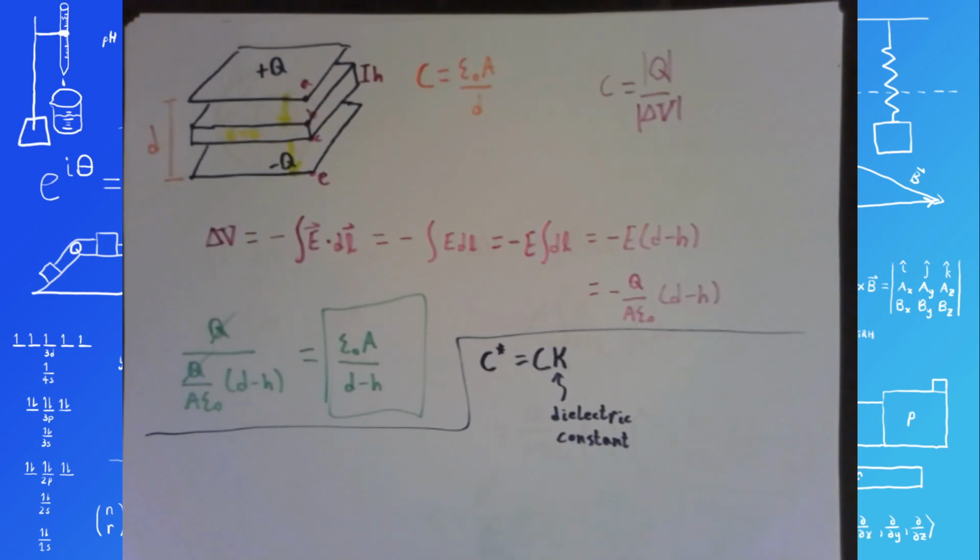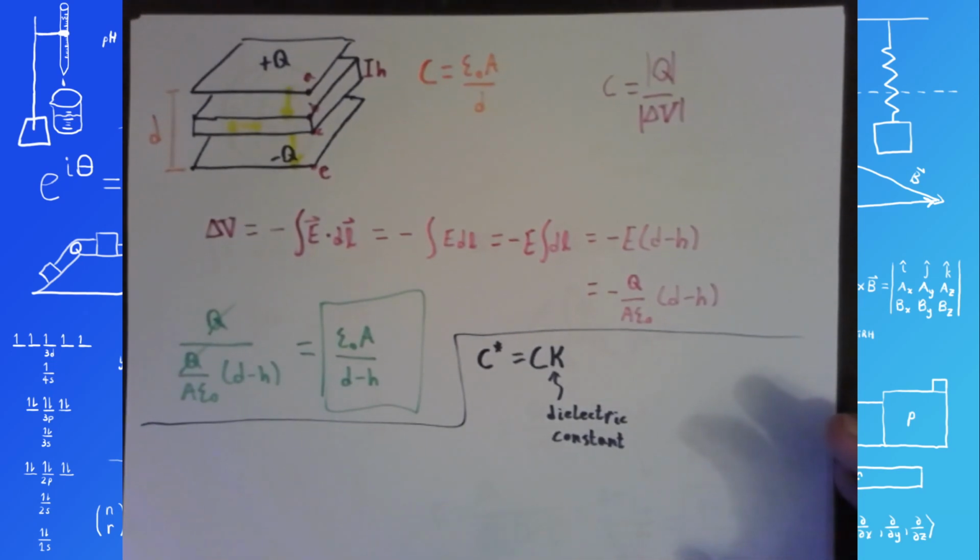And that dielectric constant will depend on the material, of course. Different materials are going to have different dielectric constants, so some might be more effective than others at increasing the capacitance. But overall, it's just a simple multiplication. So,